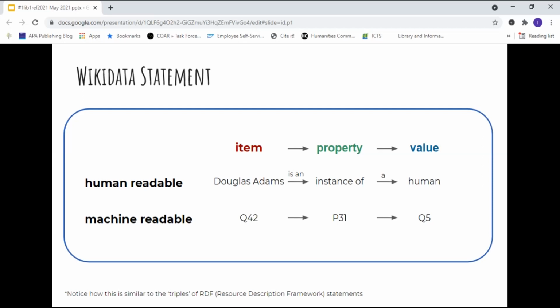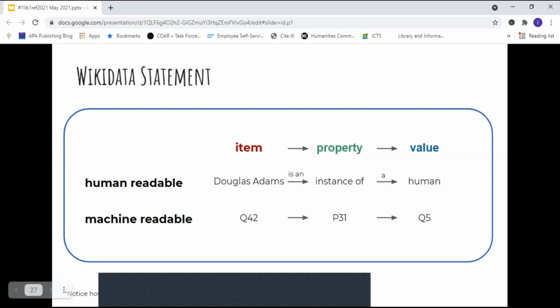So understanding that statements on Wikidata consist of an item property value as illustrated on the slide. You'll see under the item is Douglas Adams, and the property is an instance of, and the value a human. So that is the human readable way that it is presented, and as you can see illustrated below is how you would see the machine readable format of the item property value.